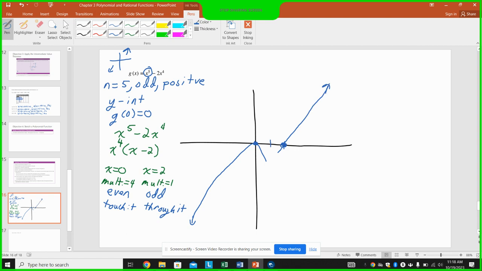Now, here's where it gets fun on trying to determine where the extrema is. Polynomial functions are symmetrical between zeros. So if I want to know where my extrema goes, just choose the x value that is between 0 and 2. What x value is between 0 and 2? It's 1. But you want to be dead